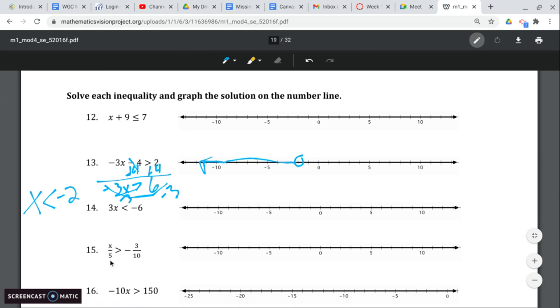So we have x divided by 5 is greater than negative 3/10. So to get rid of this 5,